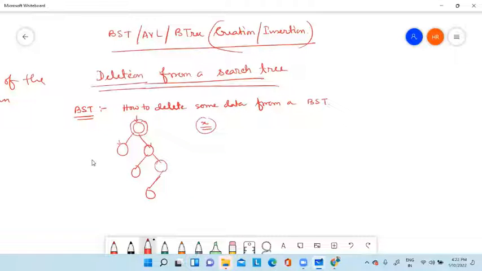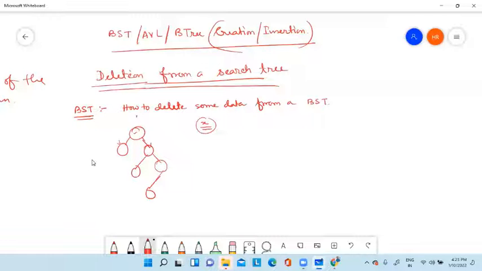If I delete this particular node, then your tree will be gone. So this is the difficulty if I want to delete any node from a binary search tree.